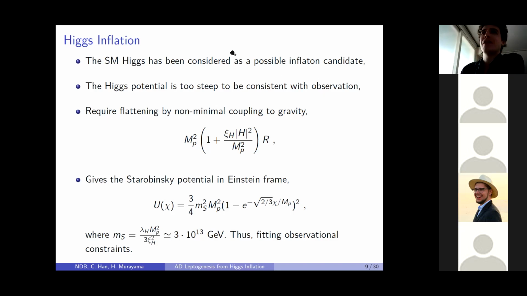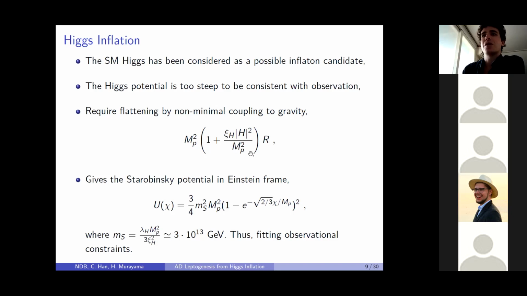And so when they first looked into considering the standard model Higgs potential, it was found that it was difficult to make the inflationary predictions consistent with observation. And this is largely because the scalar potential was not flat enough over a long enough period of time. One intriguing way of flattening the potential is to introduce a term like this into your Lagrangian, which is a non-minimal coupling to gravity. So what happens is that for large field values, this term begins to dominate, and you can get rather different behavior associated with the potential.